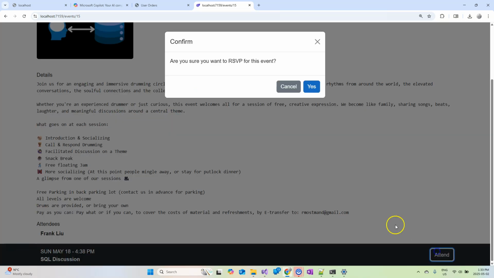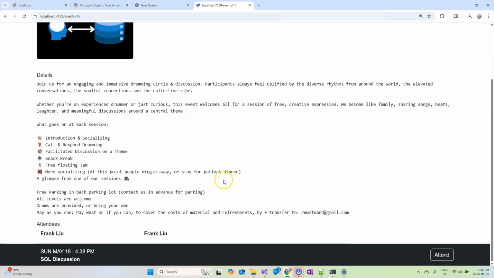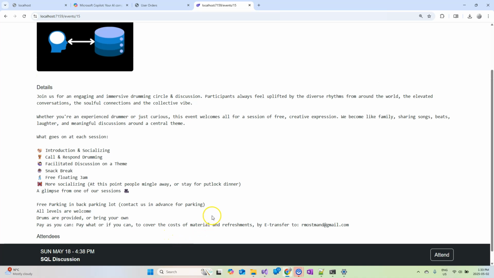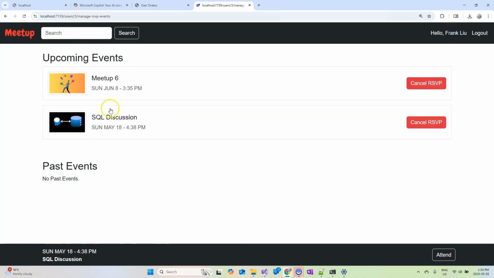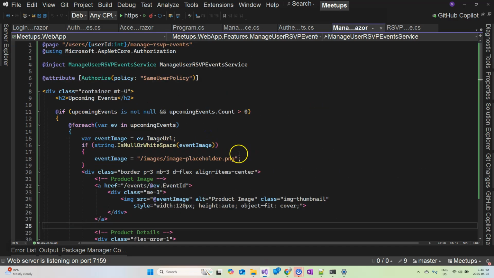And if I attend it, then we see 2 Franklus, which is the first user, and now this is user 3, I believe. Yeah, this is user 3. But I have 2 events now, right? And these buttons don't work yet, but everything that we want to, oh, you see here, this page is not clearing this. It's not clearing this, which means that in our manage events,